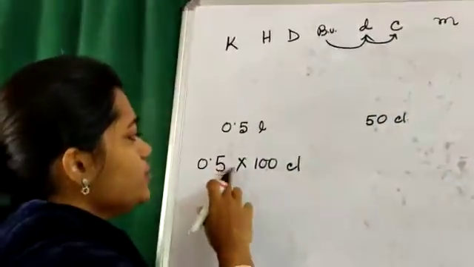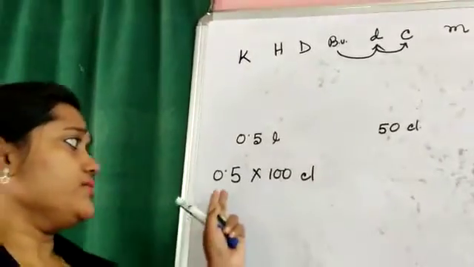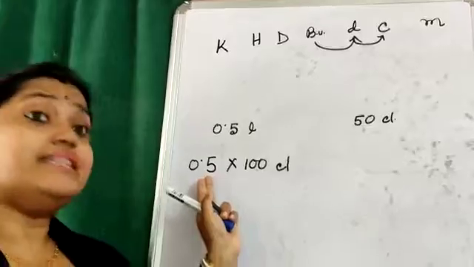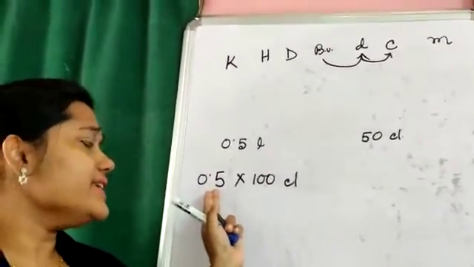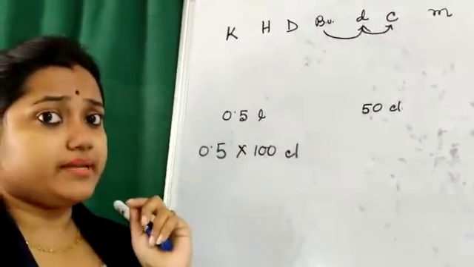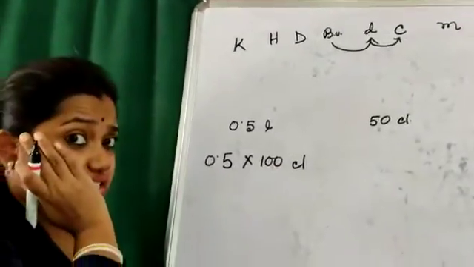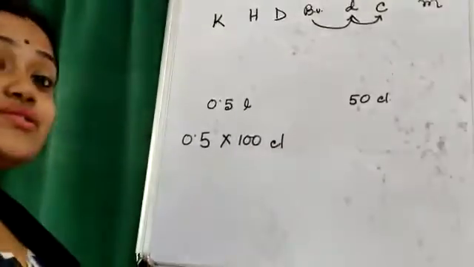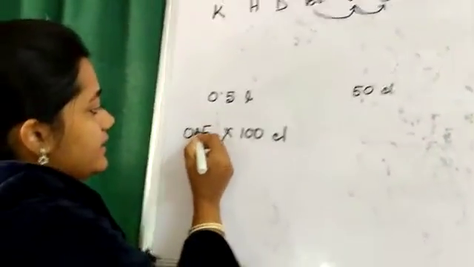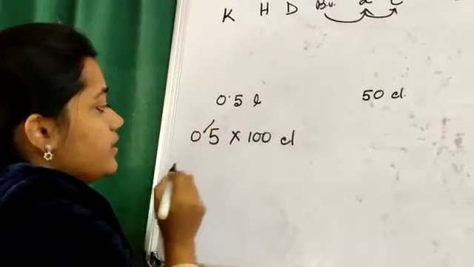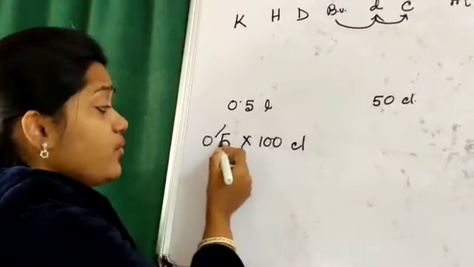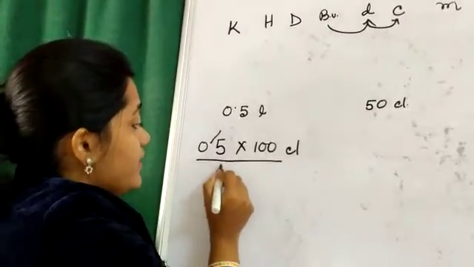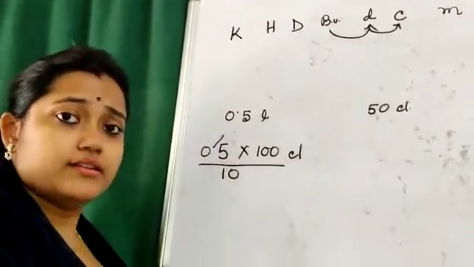Now, how to do this multiplication? This one is in fraction and with the odd. This one is in decimal, I can say rather. This decimal number, how can I multiply by something? Let's think it. Yes, there is a good idea. How to solve it? Let us remove this decimal point. Okay. And 0.5 means nothing but 5 divided by 10. Okay.